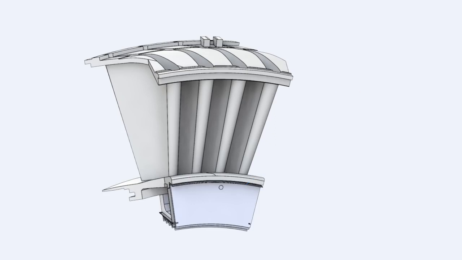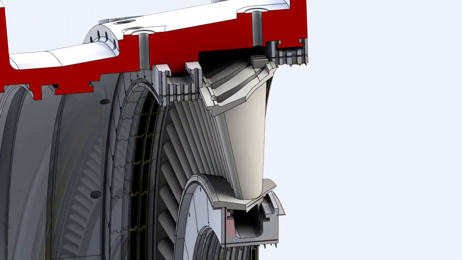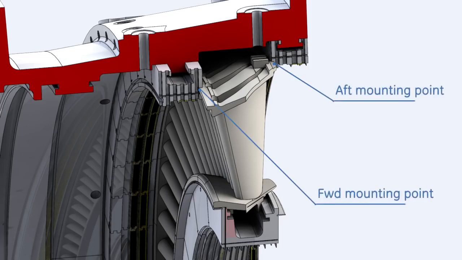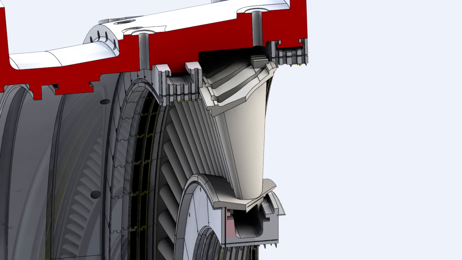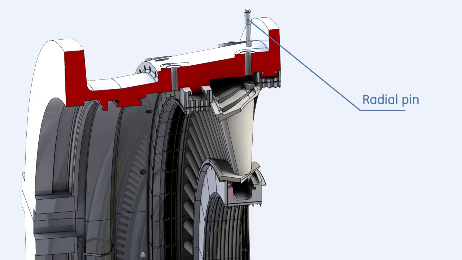The third stage nozzles are not air-cooled. These segments are installed to the stator in the same manner as the second stage nozzle. The third stage nozzle is supported by the second and third stage shrouds. The nozzle segments are held on the circumferential position by radial pins from the turbine shell into axial slots on